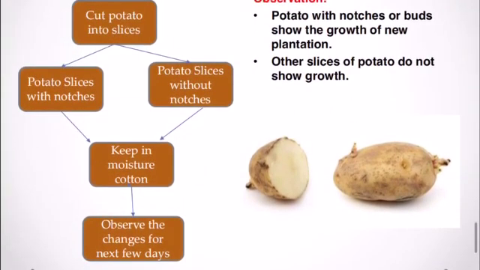you will observe that अगर आप उसमें नोचेस वाली जगह पे you will observe within few days fresh green shoot and root begin to come out from the sides of the notches or the buds, and the pieces having no notches fail to give rise to shoots and root. This shows that new shoot arise from the buds present inside the notches. ठीक है, ये छोटी छोटी ये इस तरह की नोचेस आपको जो नजर आ रही है ना, these are the notches.